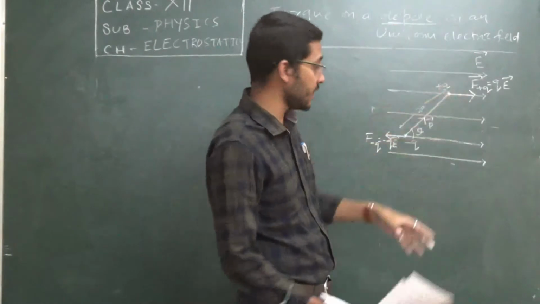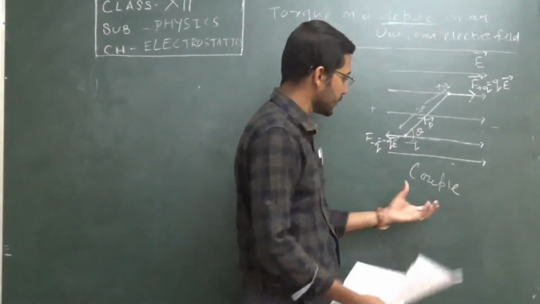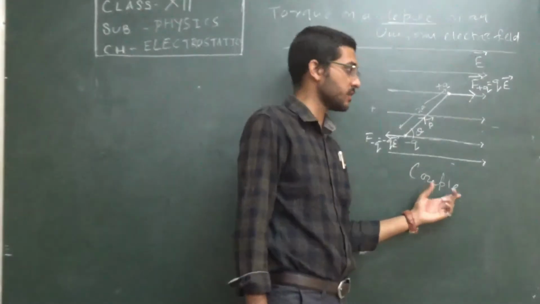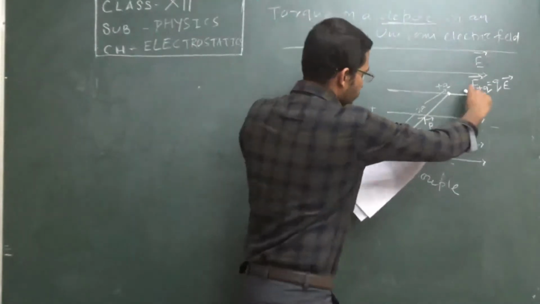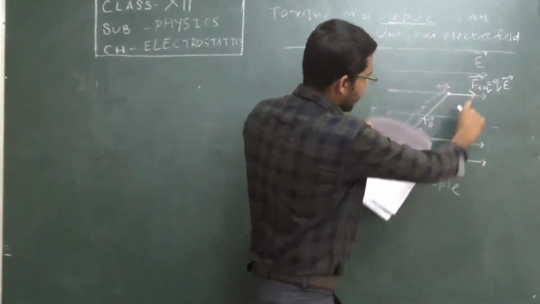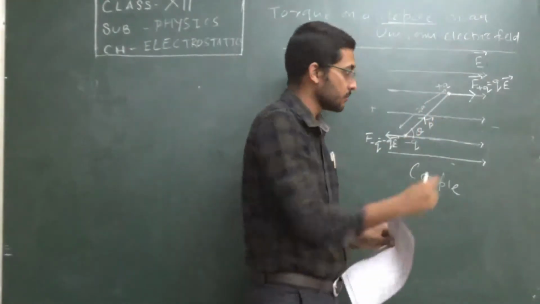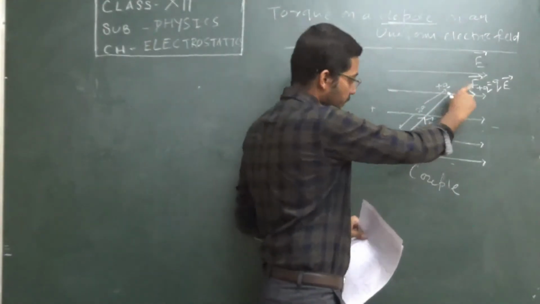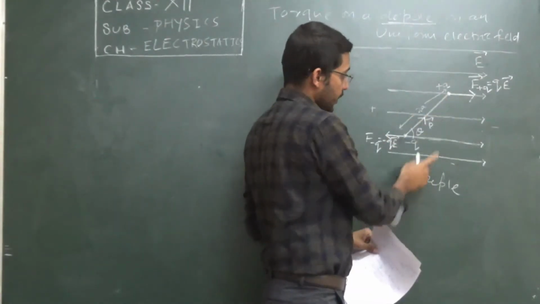So there we can get the concept of couple. And due to this couple, there will be a production of torque here and here. See, you can see both are clockwise. So the dipole will start to move in this direction, always in the clockwise direction, because this is going to give a particular force. This will give a particular. So this couple is going to form a particular torque.